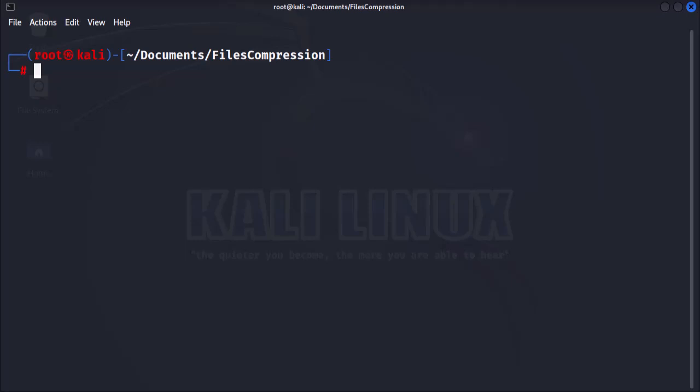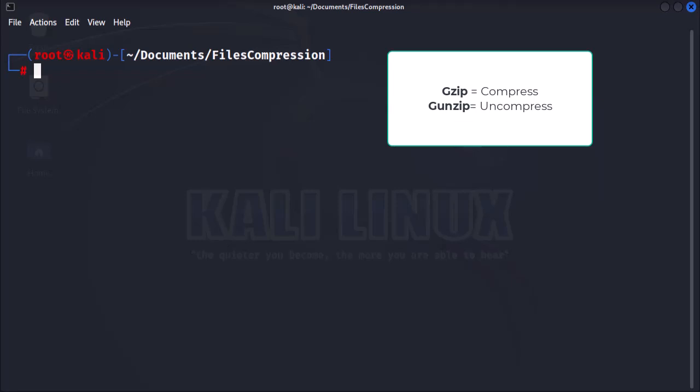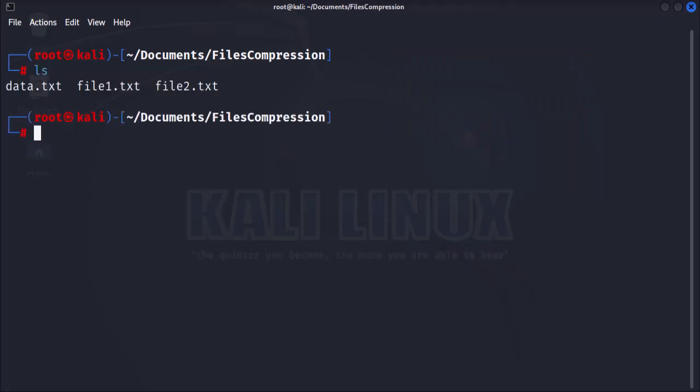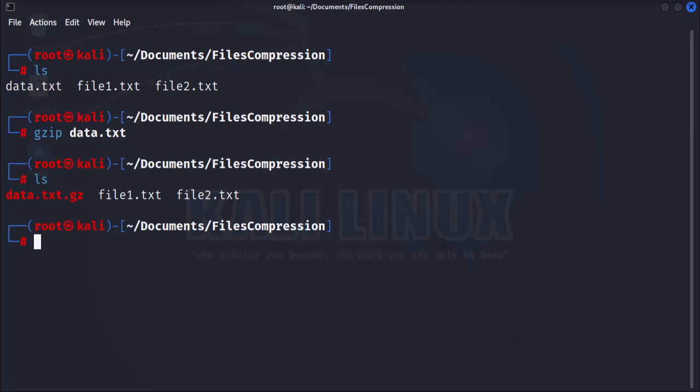First, let's talk about gzip and gunzip. Gzip is a popular command used for compressing files, while gunzip is used to uncompress them. Here's how they work. First, let me list the contents of this current directory. To compress the file called data.txt with gzip, simply type gzip data.txt. This command will create a compressed file called